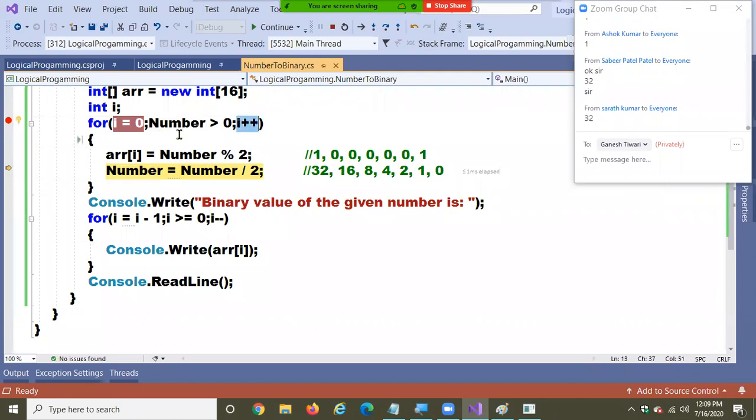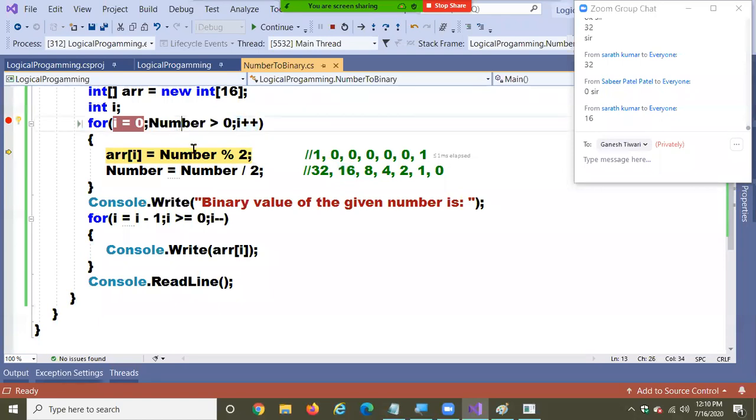Now it checks the condition: 32 greater than 0, true again. 32 mod 2 is 0. 32 by 2 is 16. So the result is 8 now. Again, i becomes 2 now.